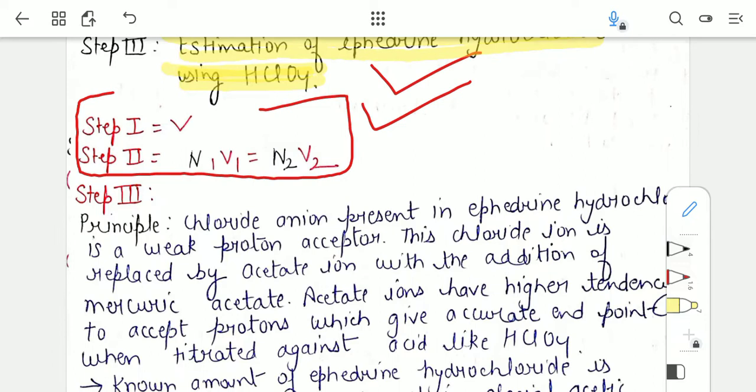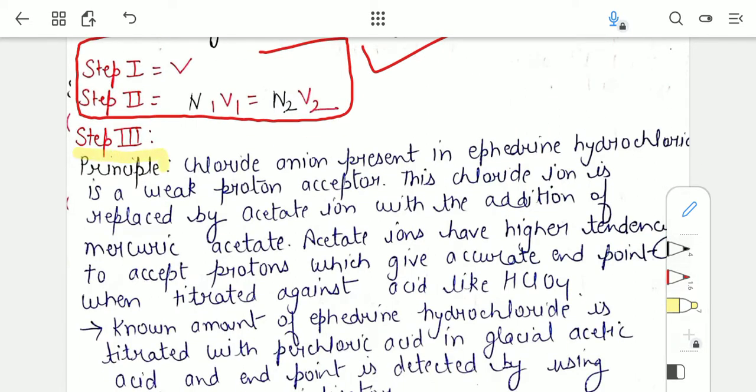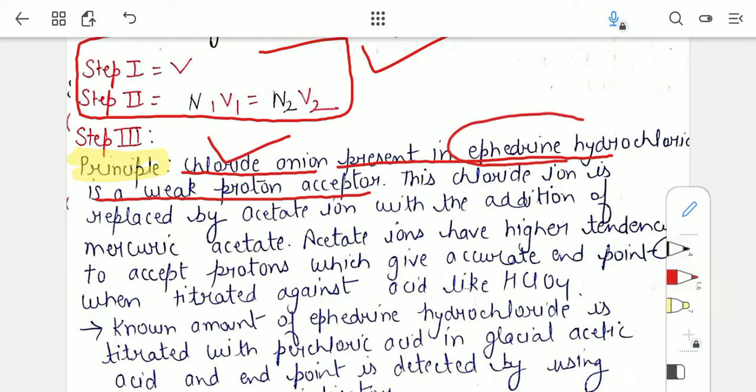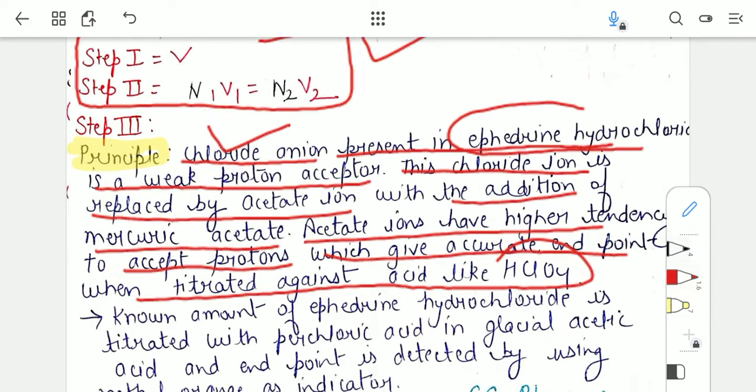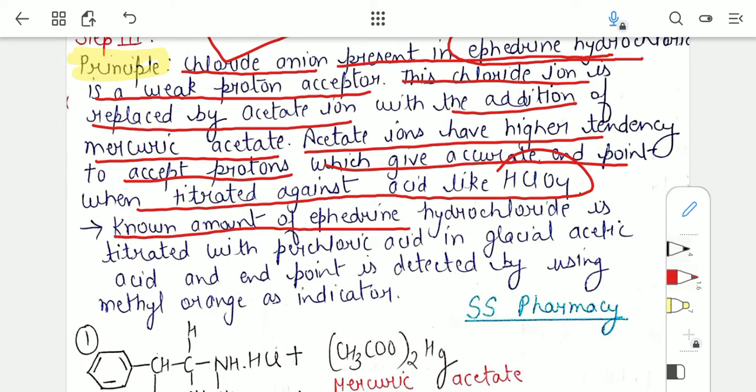Let me first read out the principle. The chloride anion which is present in the ephedrine hydrochloride is a weak proton acceptor. So this chloride ion is replaced by acetate ion with the addition of mercuric acetate. Now these acetate ions have a higher tendency to accept protons, which gives an accurate endpoint when titrated against an acid like perchloric acid. Now a known amount of ephedrine hydrochloride is titrated with perchloric acid in glacial acetic acid,